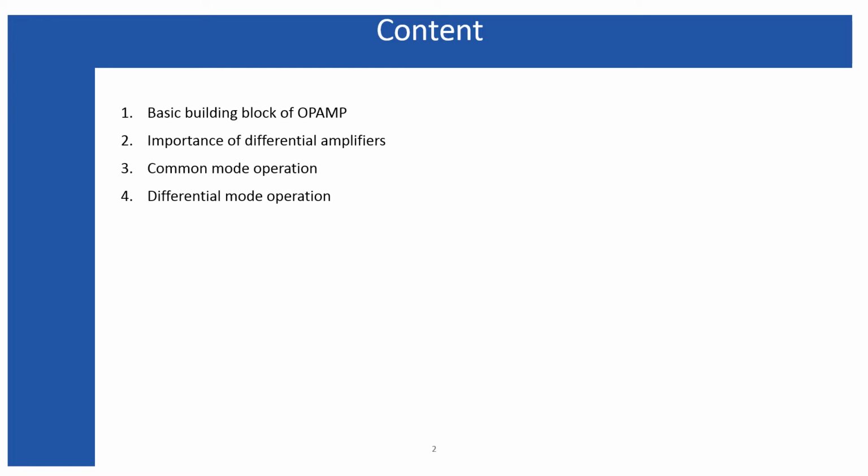So that is why the common mode operation and the differential mode operation, these two operations, which are also applicable for the operational amplifier, are basically due to the presence of the differential amplifier as an input of the operational amplifier. Along with that, here we will see how the two input terminals of the differential amplifier define the inverting and non-inverting terminal of the operational amplifier. So all these things will be discussed in this lecture, and in a later lecture I will discuss the large signal analysis and the small signal analysis for the differential amplifiers.